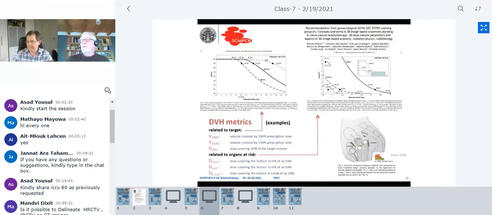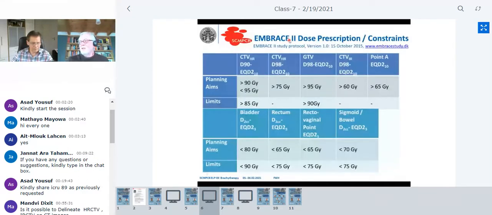We prescribe dose to these points defined by the dose volume metrics. These are the recommendations in the EMBRACE study, which is a large international study on cervical cancer, treatment of cervical cancer with brachytherapy. And here the doses that are recommended are more than 90 gray to D90 for the high risk CTV, 75 gray to D98 for the